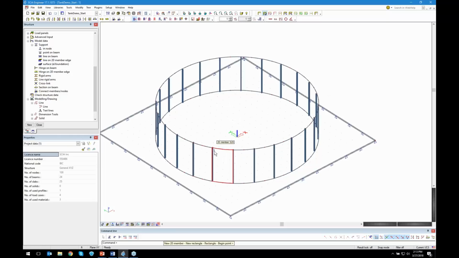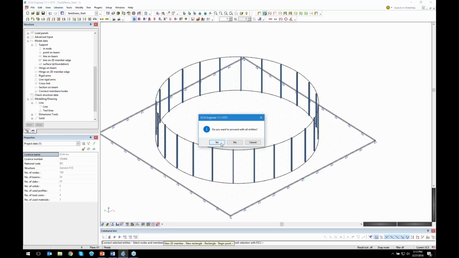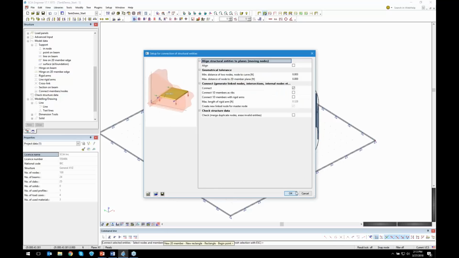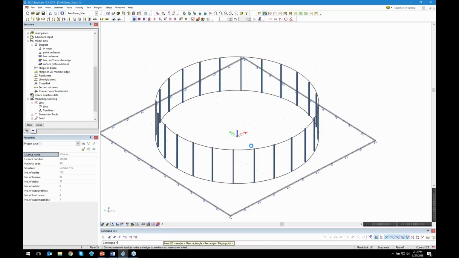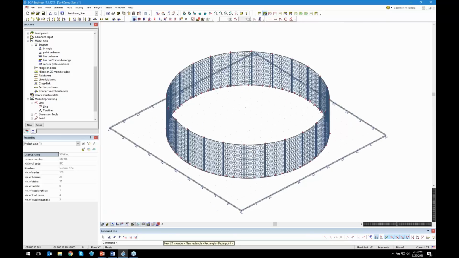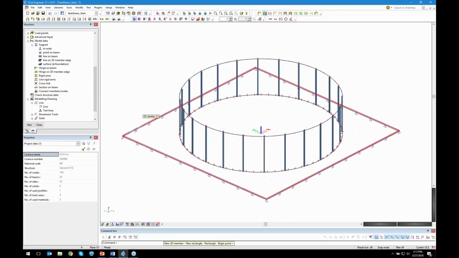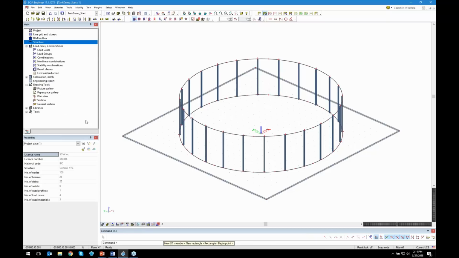Okay, so now that we've got this done here, I'm going to just connect everything. So I'm just running the connection tool in the software. This will generate connections basically where the edge is connected to the slab, where the members are connected to each other. So it's just necessary for finite element analysis. Now at this point, I've basically got the entire model created, but we do need to go ahead and add